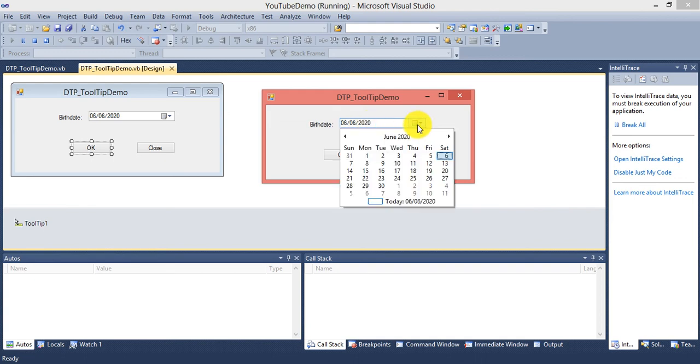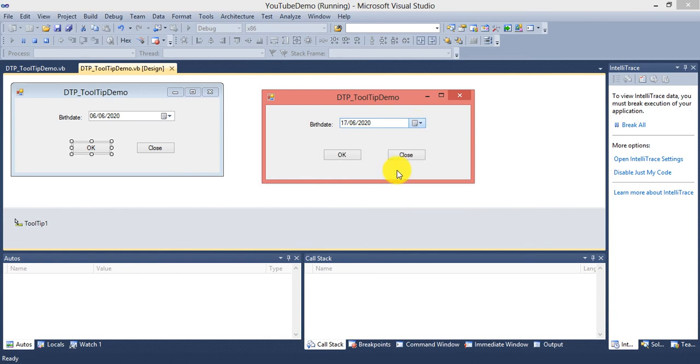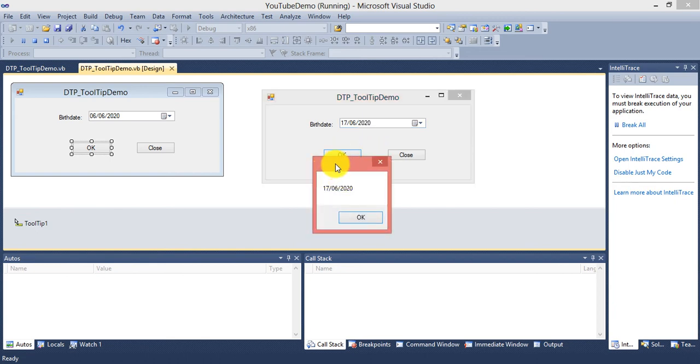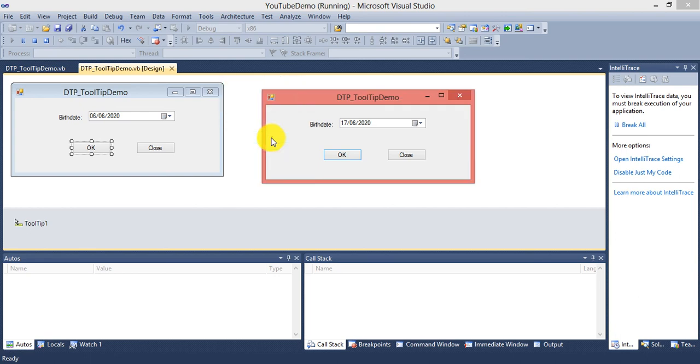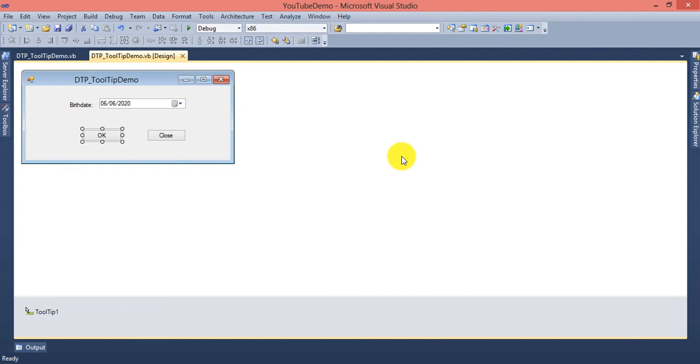Let's say I expand it and move to the 17th date, so you can see 17/6/2020. When I press OK, it displays the message 17/6/2020. Got it? It's too easy. On Close it again displays the tooltip "Click to close the form", and pressing Close closes the form.